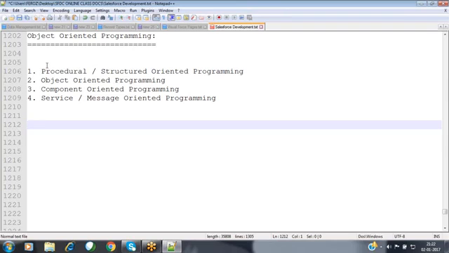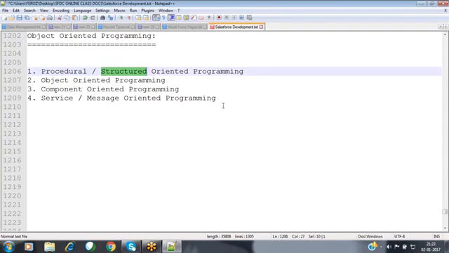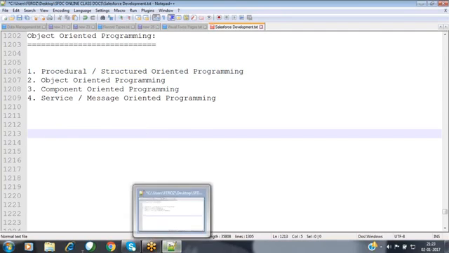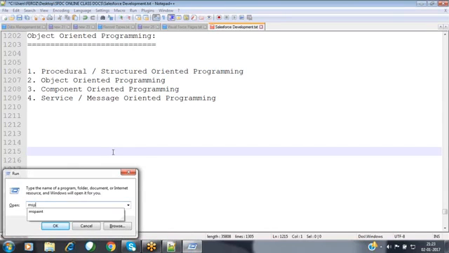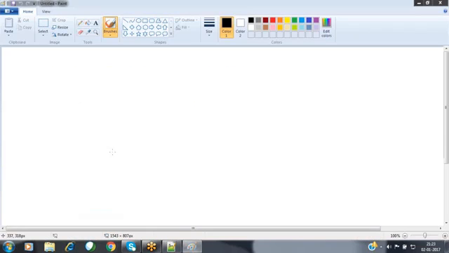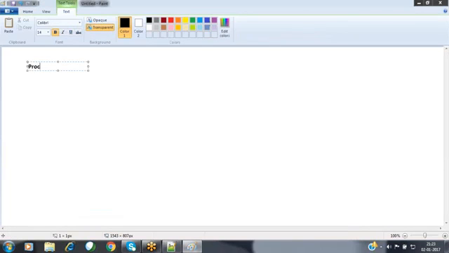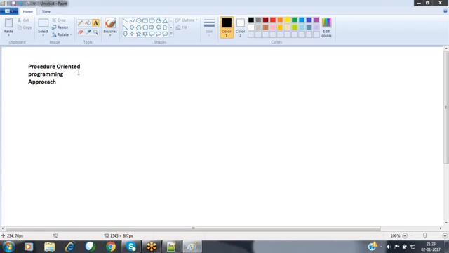Before understanding the object-oriented programming approach, first we have to discuss procedural oriented or structured oriented programming. What do you mean by procedure-oriented programming?